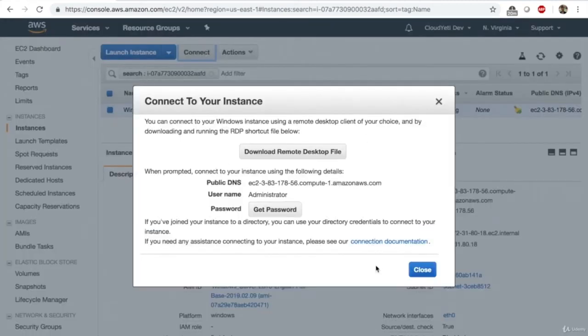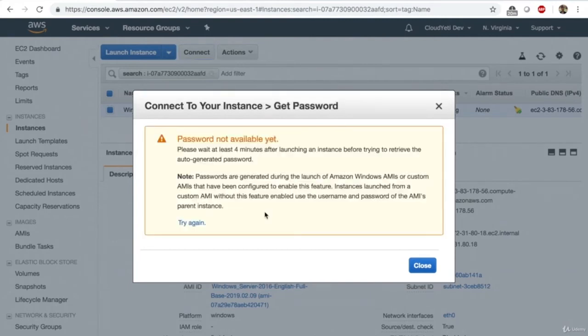Now you see this box is different than what a Linux box has when you click on connect, right? For Windows, what you need to do is get a password. So get password, and you might see a box like this saying the password is not available because the EC2